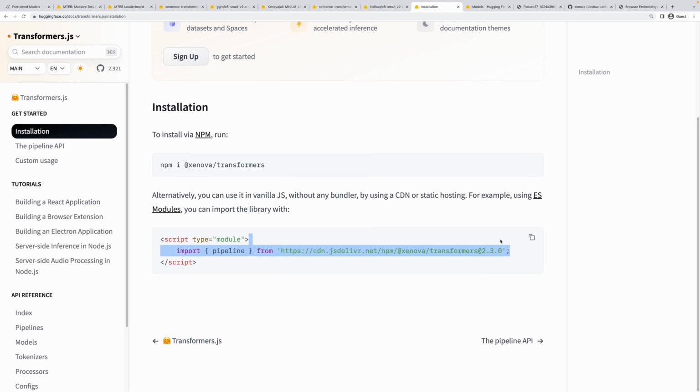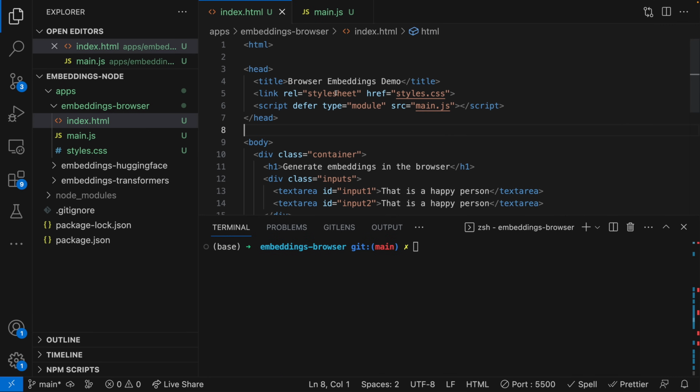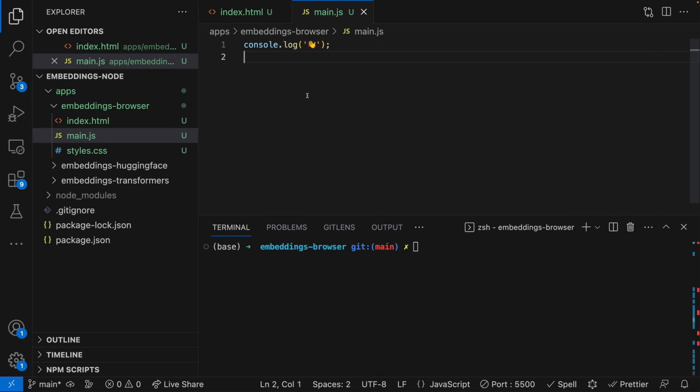I'm just going to copy this import, and we're not doing it inline like them. We're doing it in a separate file. Going to paste that here. So just like before, this will import the pipeline function. And then before I go ahead and copy over all the same functions that we did in the Transformers project,